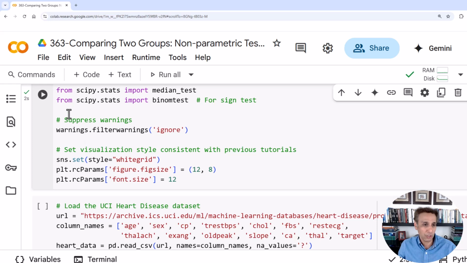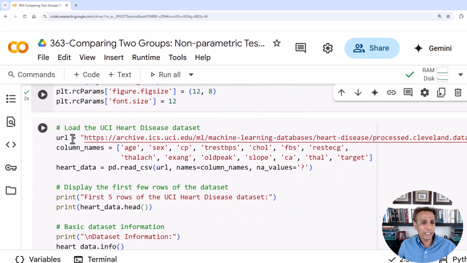obviously on your local environments, no need to mention, you have to install those libraries. Okay, when it comes to data, you can download the CSV file directly, or you can use this link. Here it gives you the data set, but the data here does not have column names, so I just added the column names right here. You get this from the documentation, and I keep forgetting what these THALACH and THAL mean, and some of these actually mean I have to go back and look at the documentation, or I usually add some notes right around here. But either way, these are all the column names, and let's go ahead and read the CSV file, and